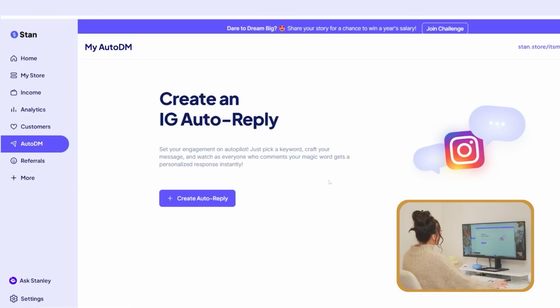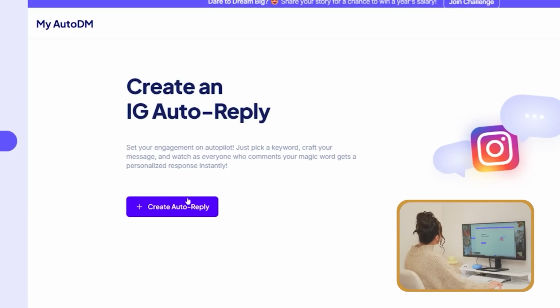Once you directly log into your Instagram account that you want to set up these auto DM tools to, you'll click Let's Go and you'll be able to create your first Instagram auto reply. I have nothing set up here, so it looks fresh, nice, and tidy,